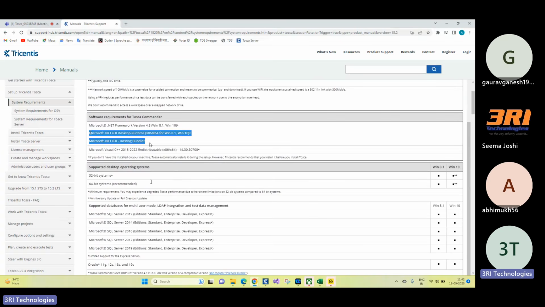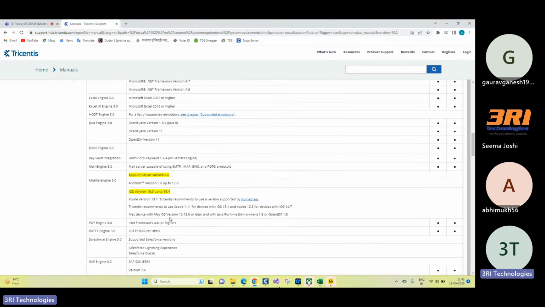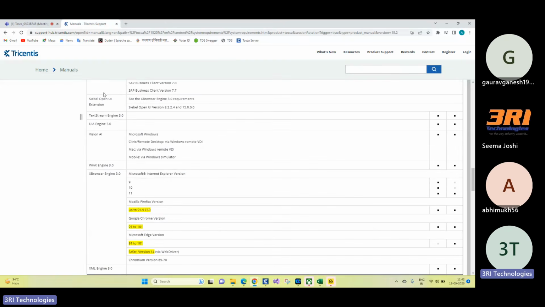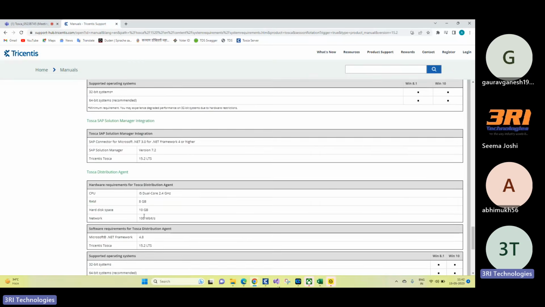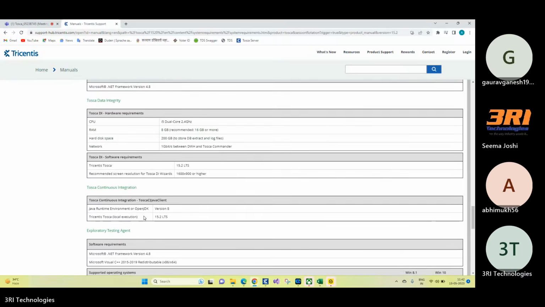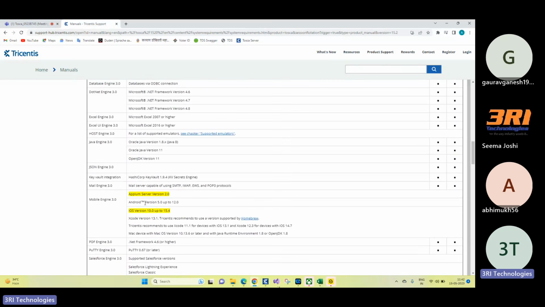So for initial purposes, you can skip this .NET framework. When you are exploring the SATs part, you'll have to consider the .NET framework also. The rest of the things you can ignore. It tells you about the engines that it supports in this version.